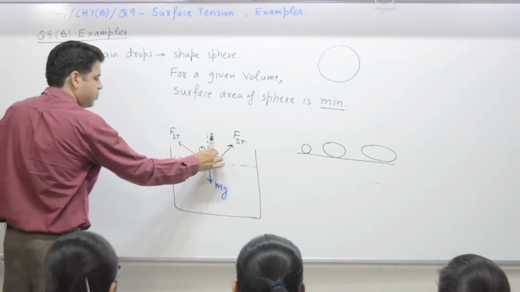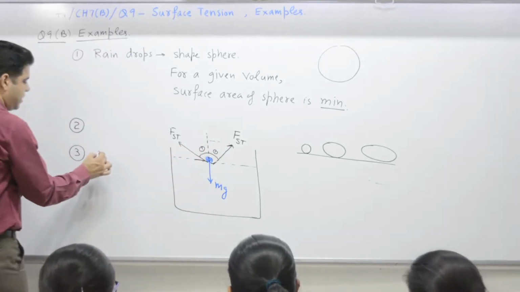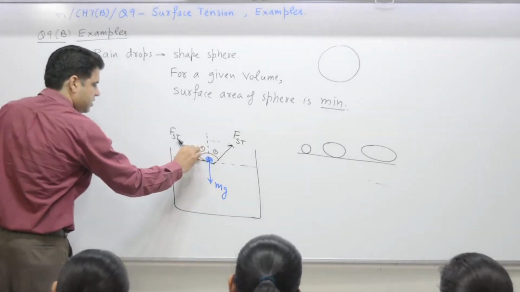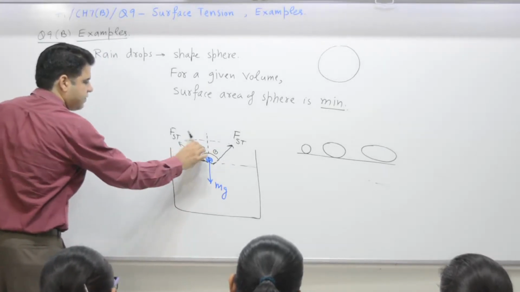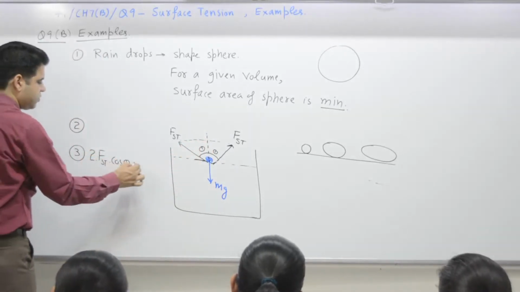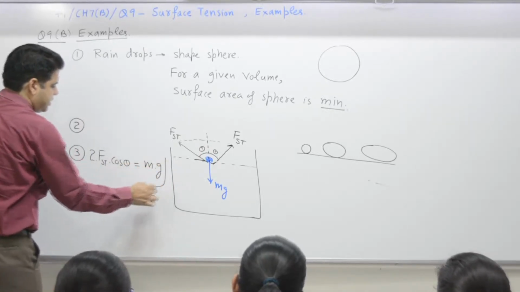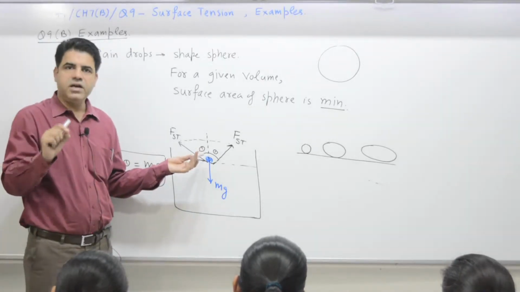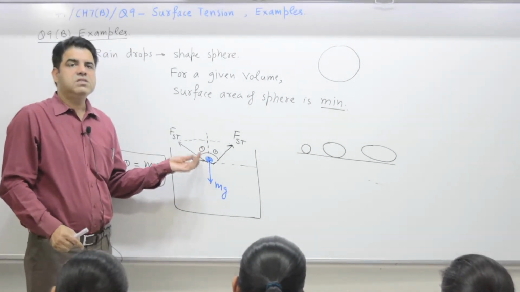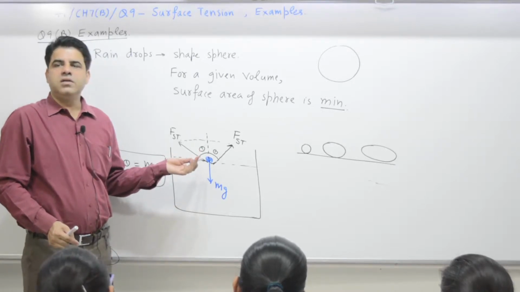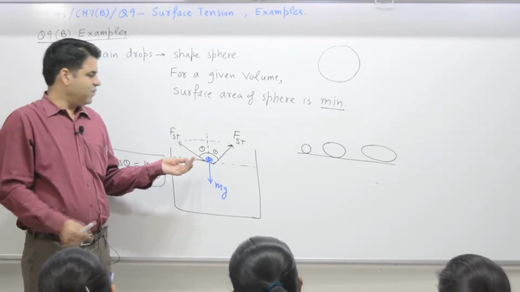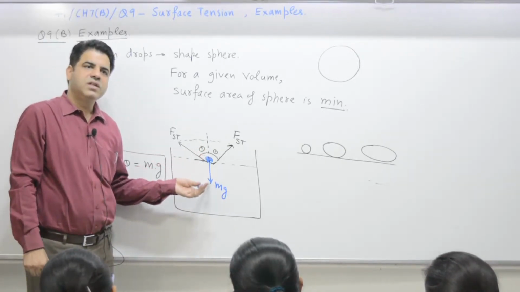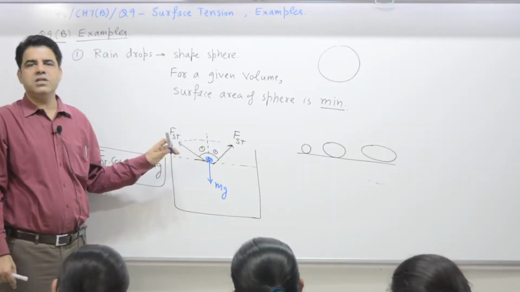Surface tension force component, F surface tension cos theta. This is 1. This component also is Fst cos theta. 2 times Fst cos theta is equal to what? Mg. So, if you gently place a thin wire or a needle on the surface, its weight is balanced by what? Surface tension. But if you keep on increasing the size, a thick wire, then Mg is more. This surface tension is unable to bear this much weight.